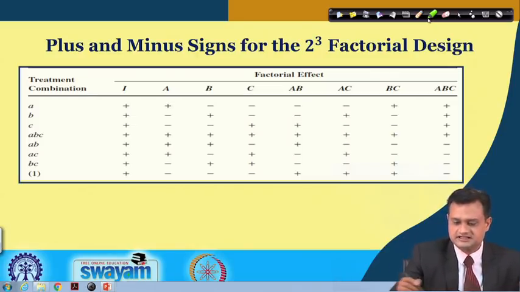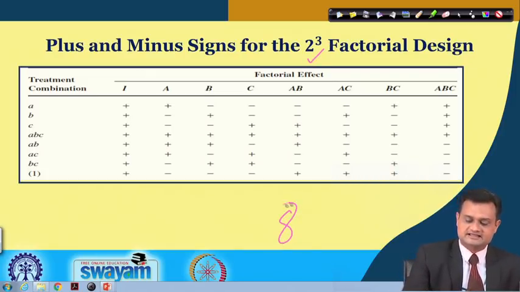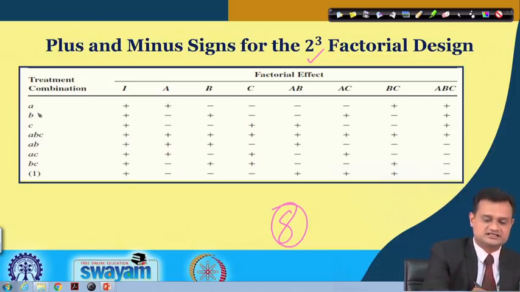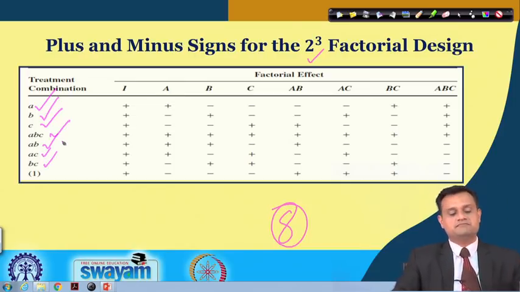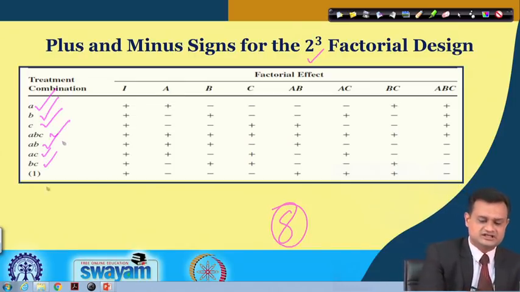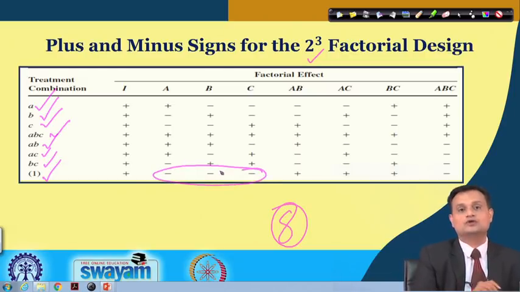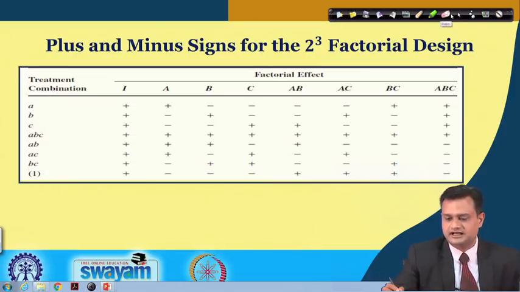and this is the table of 2 raised to 3 full factorial. So 2 raised to 3 is 8. So it is full factorial. I am trying to estimate all the main effects and the interaction effects. You can see here main effect A, main effect B, C, ABC, AB, BC and AC, and this is the initial setting, where all the factors are set at the low level.